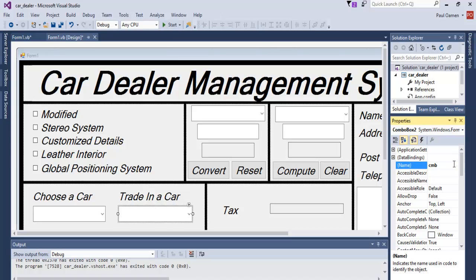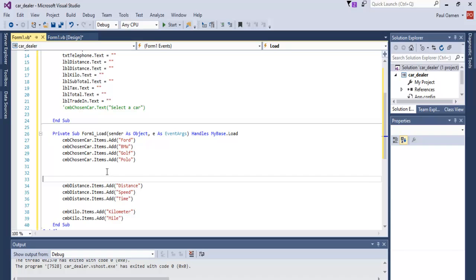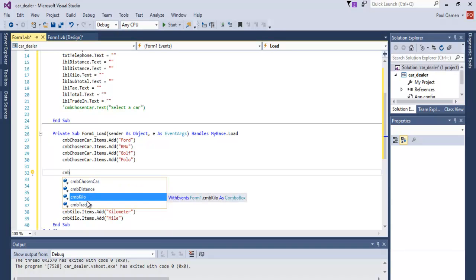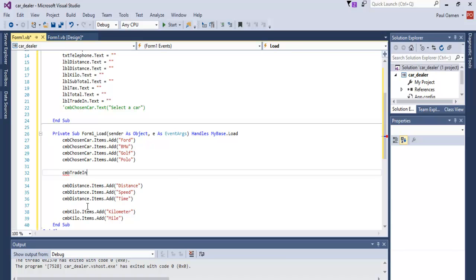CMD, let's call it trade in. Now back to the form. So now CMD trading dot items